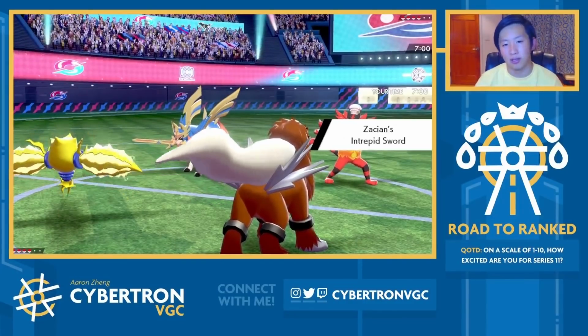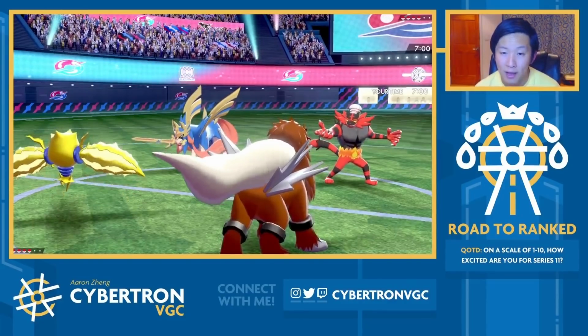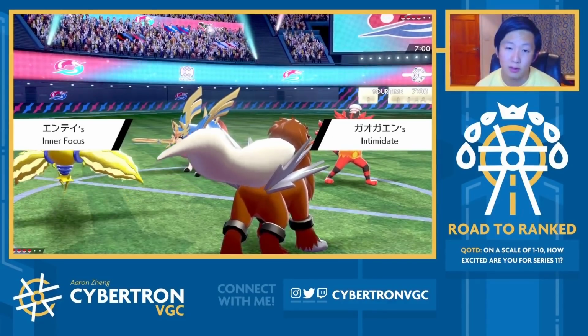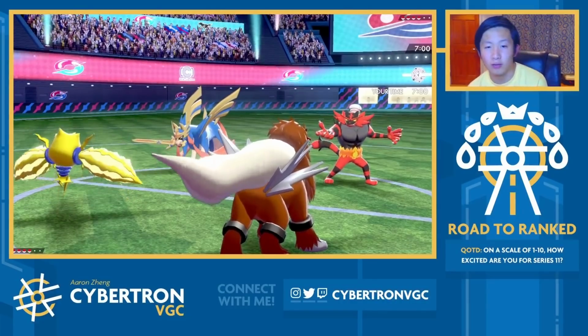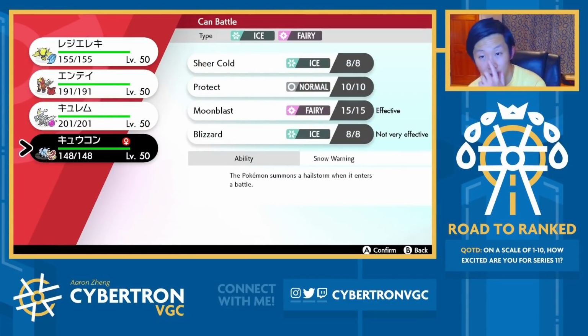So, this is interesting. You can't click Fake Out onto the Entei. I'm Choice Scarfed. Now, you would think my opponent would just click Fake Out into a Lecky. You always switch a Lecky out, but...